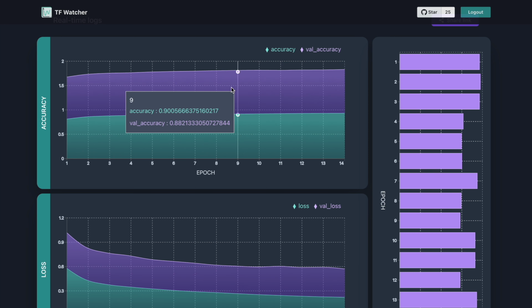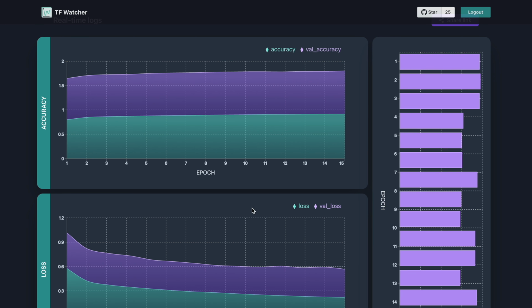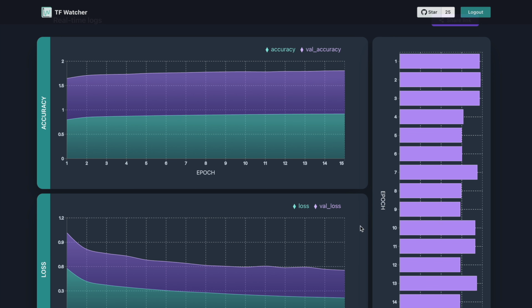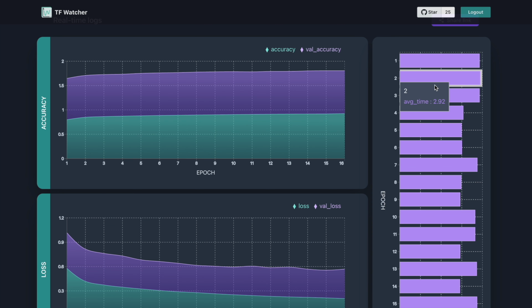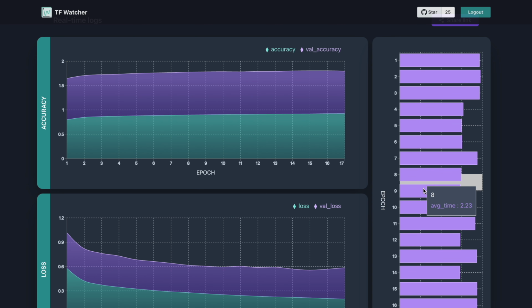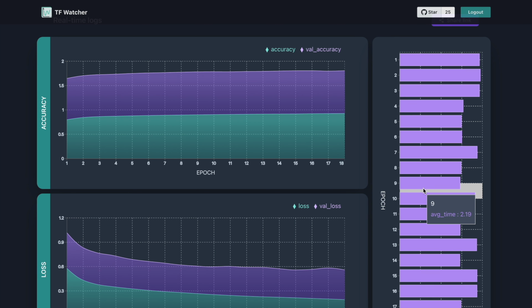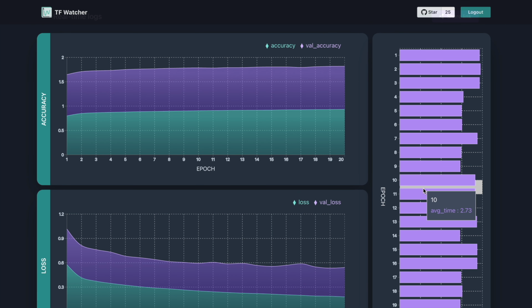Here you can see training accuracy as well as validation accuracy. Here I can monitor logs. Here I'm getting to know how much time every epoch is taking for training. So the visualizations are really cool. Imagine walking down the street with your model training in the background, and you are able to monitor it using such amazing visualizations. So this is all that I had in today's video.